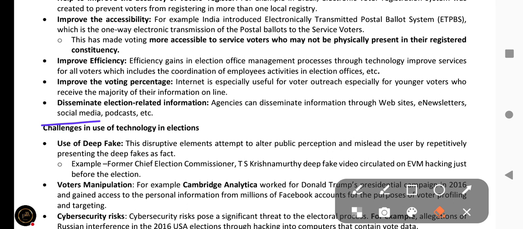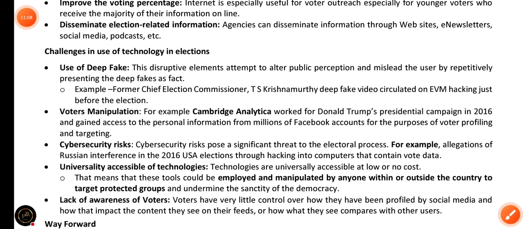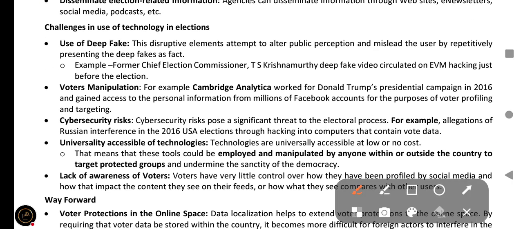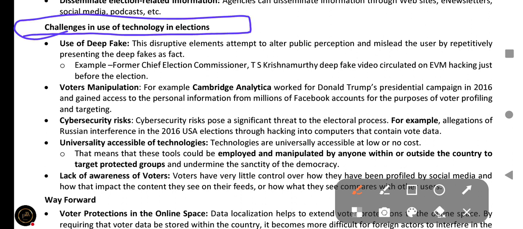Okay, so these are some significant benefits of this technology for the election, and what are the challenges in the use of technology in elections. Use of deep fake. What is deep fake? Deep fake, that is the